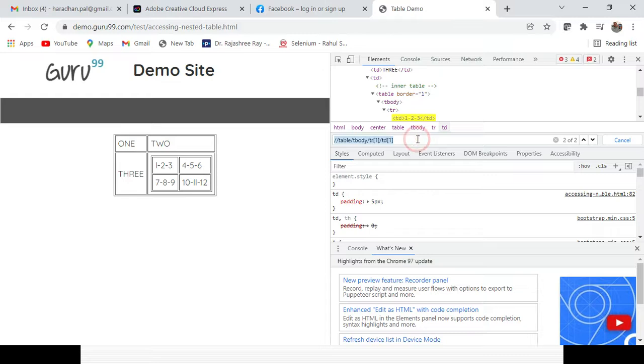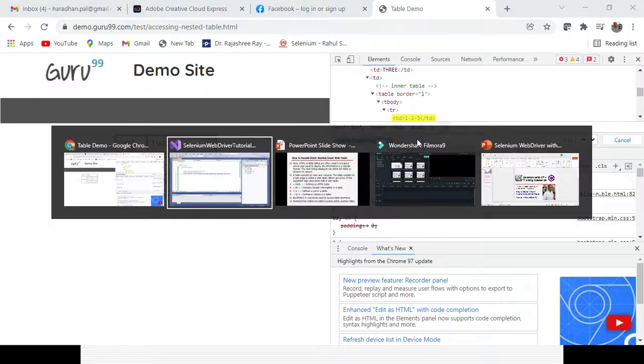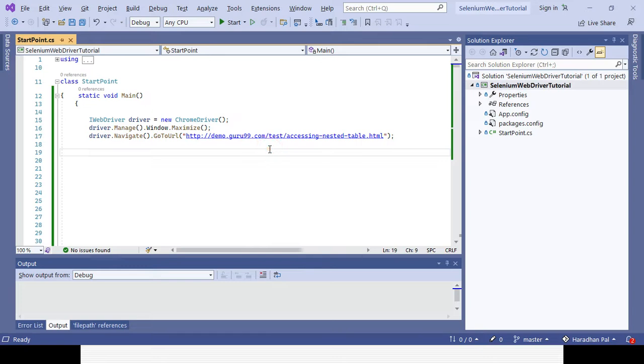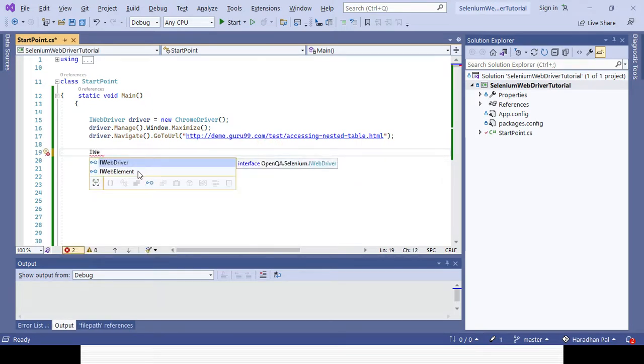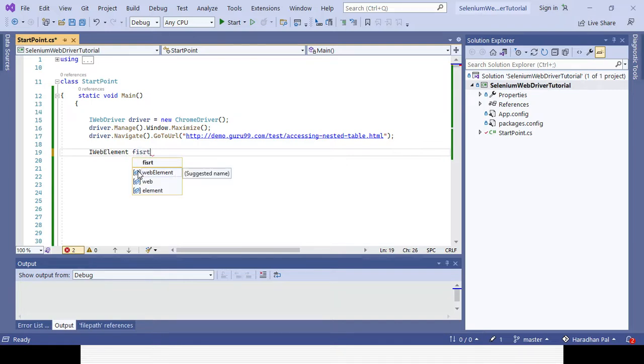Let's try to identify the column. So it will definitely give me the first column. So let's try to create an XPath here for the WebElement. So it will be WebElement, say first cell,